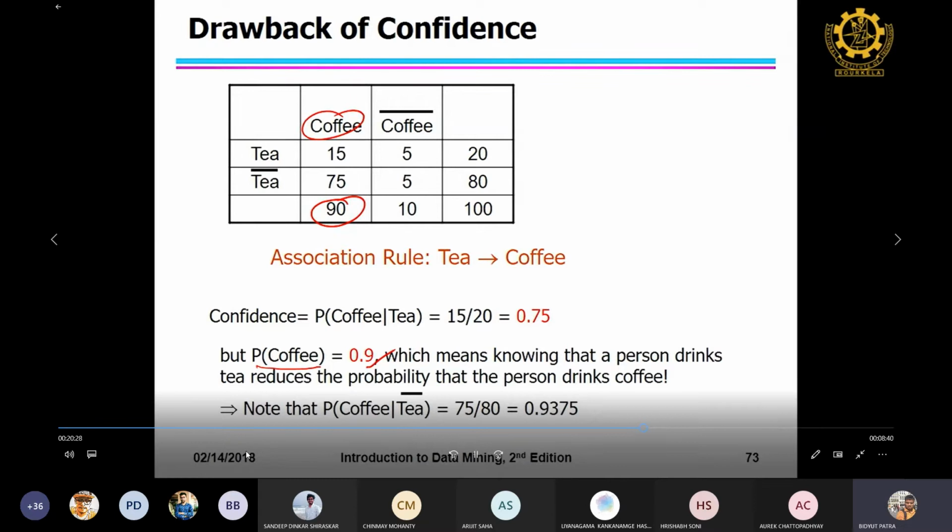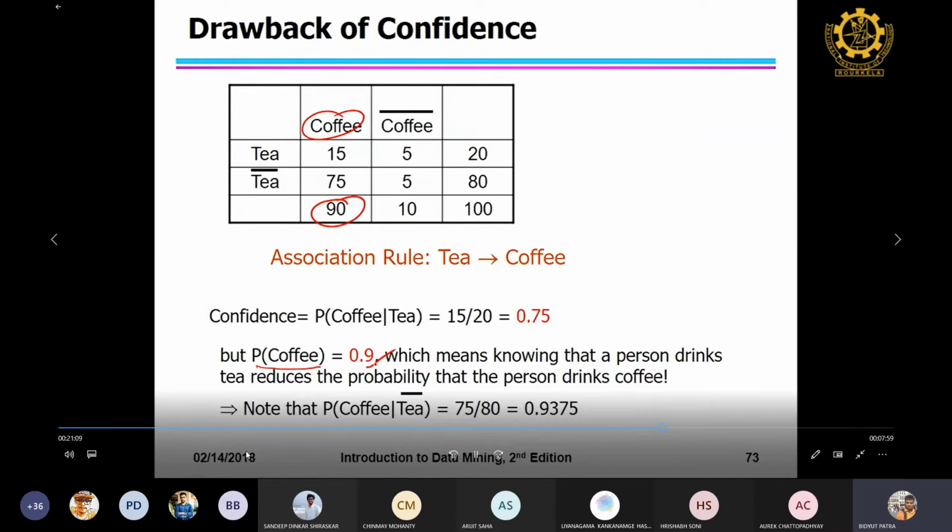So that means such a rule may happen, but it is kind of misleading. Whenever item X appears, it should appear with Y. But if we sell Y itself, that is 90%, and the rule says X and Y appearing together is much lesser than the individual Y. This type of rule may appear, but it is misleading, because if I sell only Y, I get 90% of the time, but if I sell X with Y, that will reduce. For business practice, this is not a very interesting one.